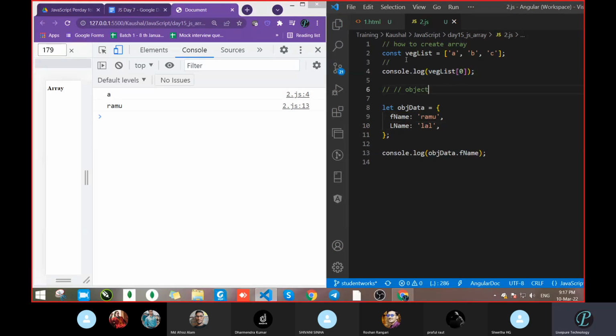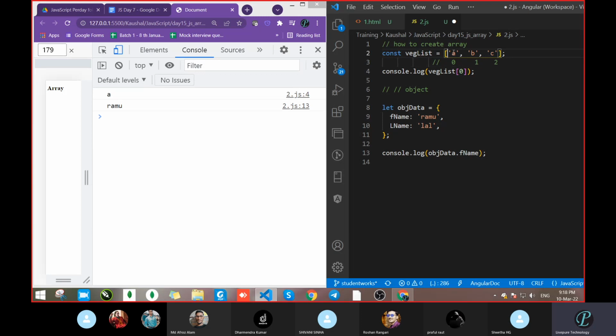So how did this happen? In the case of array, just like yesterday in the methods of a string, we had seen one thing, position. From where was the counting starting, Shweta? 0. So the same thing here also, it will start from 0. And whatever is written inside the array, not only number, alphabet, digit, anything, each comma separated item becomes a different position. Like now you can see this is the 0th position, this is the 1st position, this is the 2nd position. Got it?